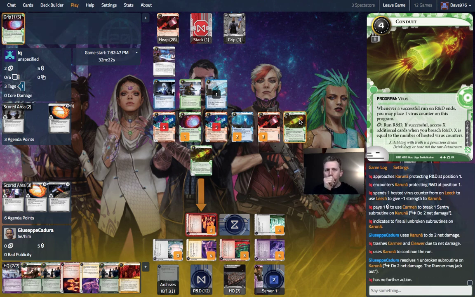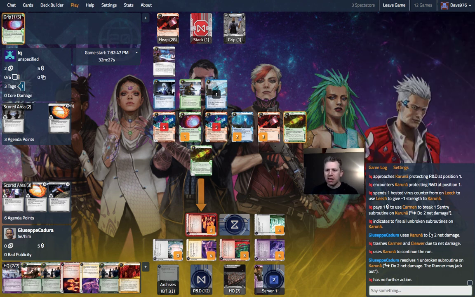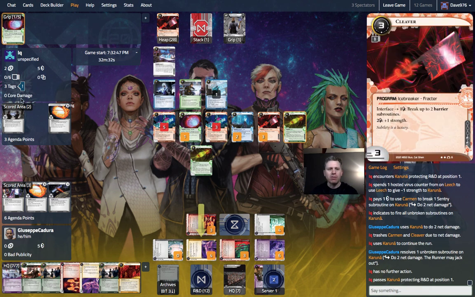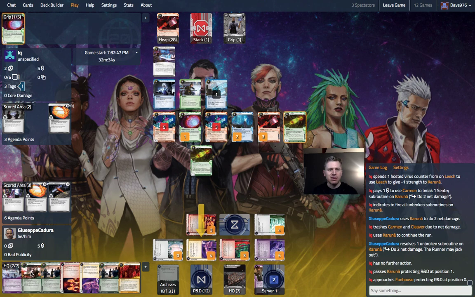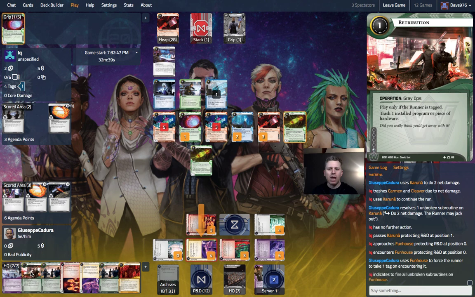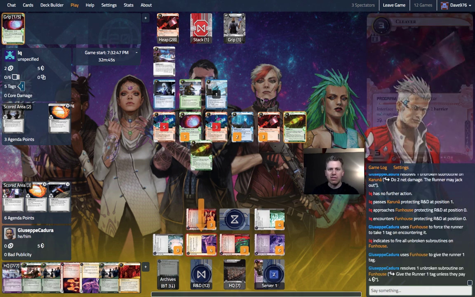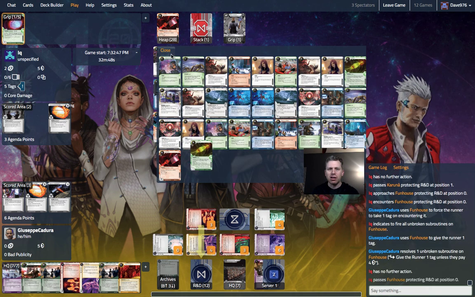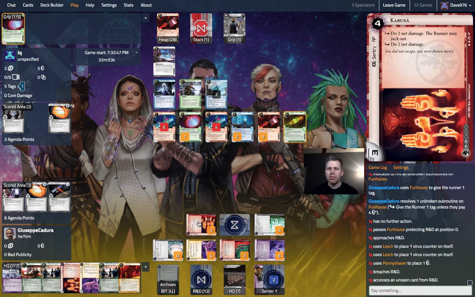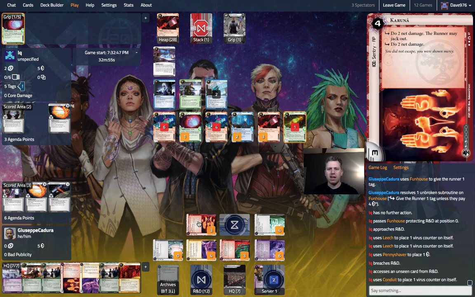Oh no! Oh no! Oh no, that was a mistake. You can't afford to drop those programs. You got 3 tags. So it looks like the way the board is, you have retribution and you can trash a program, and you're either going to trash Cleaver or you're going to trash Carmen, knowing that they can't get through this without 4 cards in hand. I would think